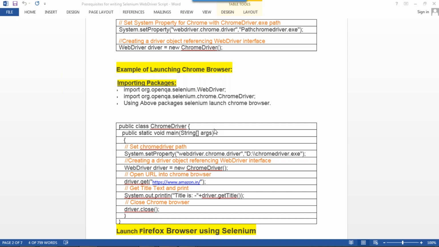You cannot jump immediately. First concentrate on only one program, Chrome: how I need to launch Chrome. Once you are strong in that area, then the other browsers take 5 minutes. You believe or not, it's 5 minutes. Only I'm changing two things: one is key and path. Rest of the code is the same, right? Some people have anxiety: already done, I want to jump. If you have not completed Chrome, you immediately jump to Firefox. You have not completed that, then immediately Edge. Don't do that. Take a whole day, take your time, complete at least one browser, and understand the code. In case an interviewer asks, you can explain that.